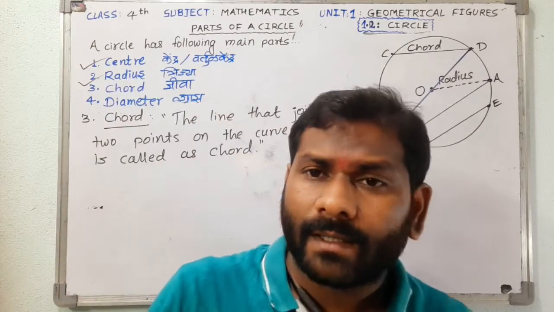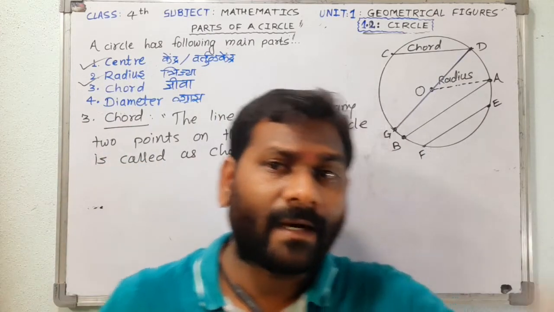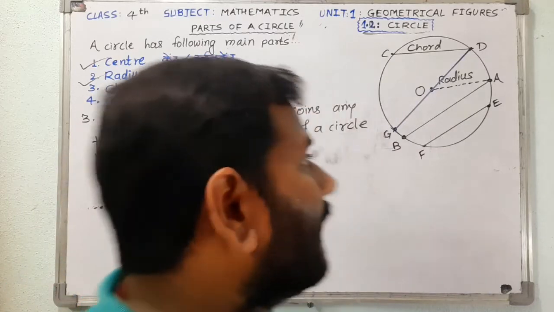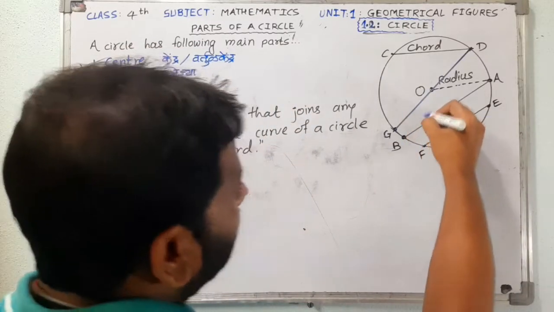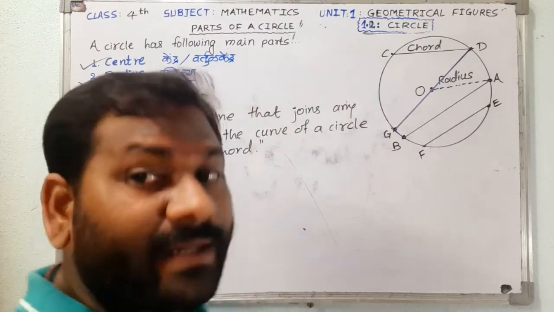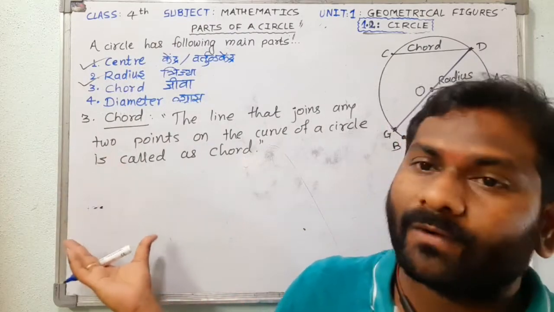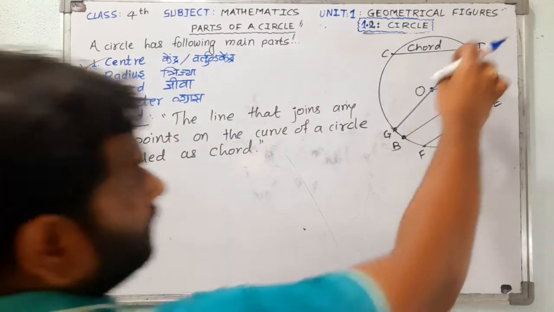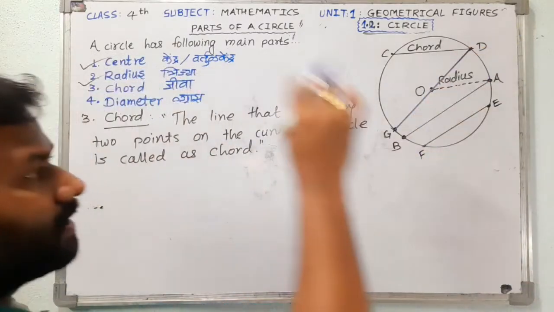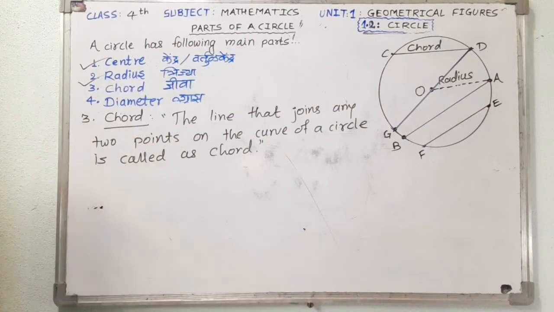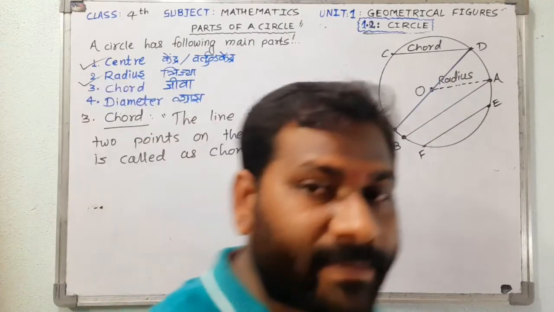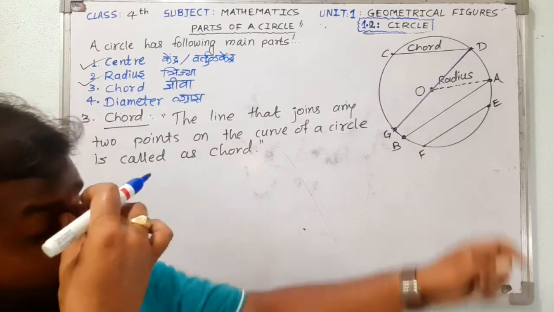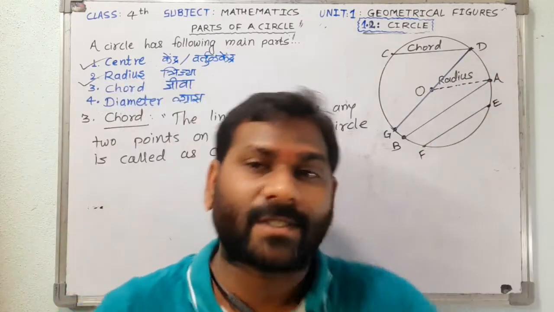Is it a chord? Yes, it is the biggest chord of the circle, or the largest chord of the circle, and the largest chord of the circle is the diameter of that circle. That concept we are going to learn after this. Okay, so dear friends, DG or DOG is also a chord, but a special name is given, that is diameter. And why is the special or separate name given? Because it is the largest chord.